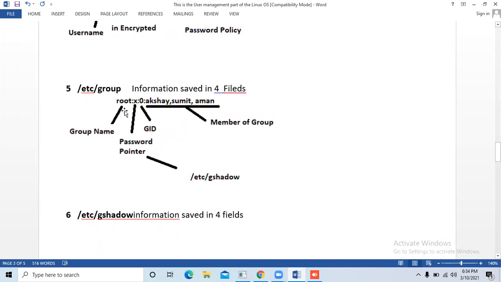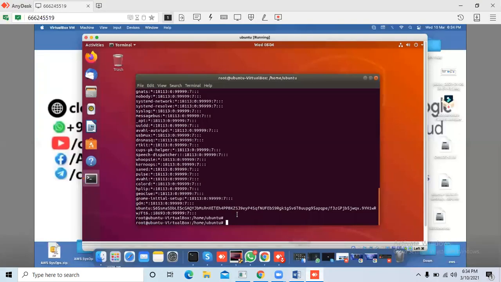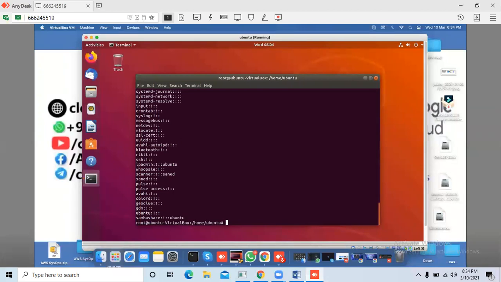Let's see. cat /etc/gshadow. No, /etc/group. Information saved in four fields.